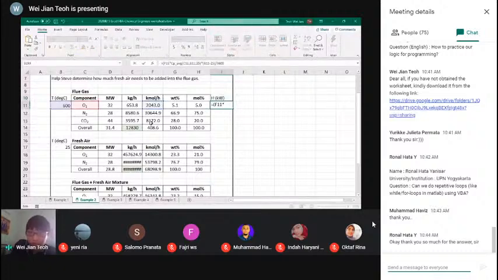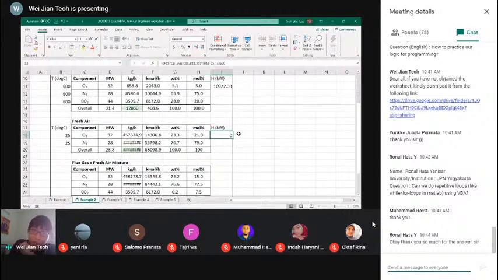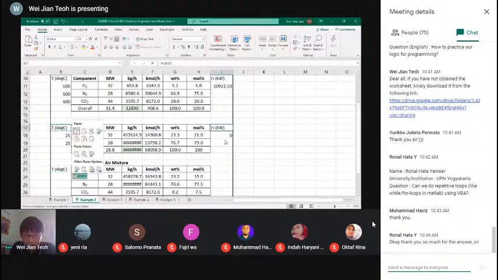Let me just put a bracket here. And I'm just going to copy the temperature here. And I'm going to copy this formula for all the gases. So at 25 degrees Celsius, the enthalpy is 0 because I'm using 25 as a reference state. So if you go back to your energy balance, 25 degrees Celsius is the reference state, you are going to get enthalpy of 0. So I'm going to try a third one here.